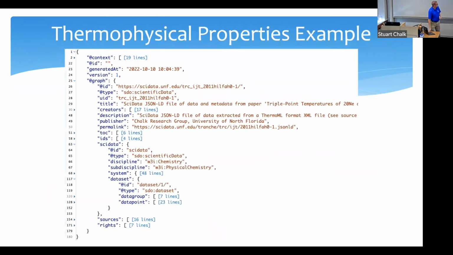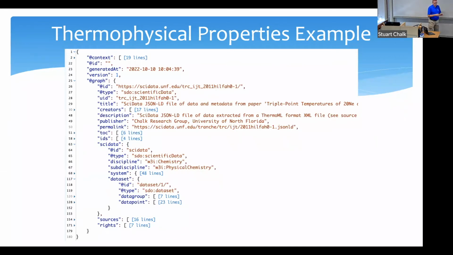Okay, so here's an example JSON-LD document that we created. In the US, NIST, the National Institute of Standards and Technology, has a campus in Boulder, Colorado, and they have the Thermophysical Research Center, the TRC, and they have collected over the last almost 20 years about 2.8 million data points on physical property data, ranging from solubility to density to permittivity data and stuff like that. What we did with that was we said, this is a great data set. It's actually represented in XML. It's an IUPAC standard called ThermoML.